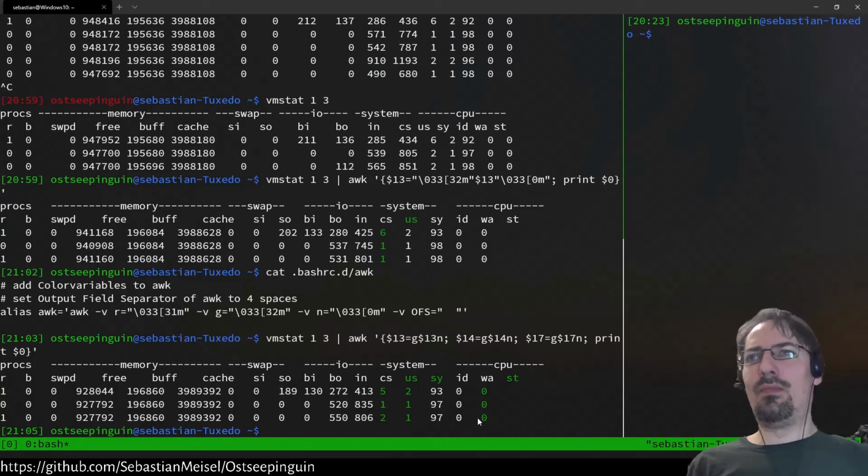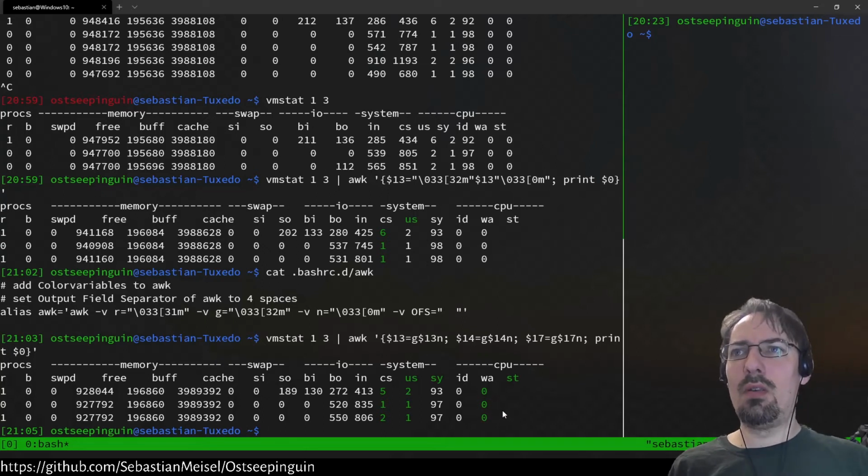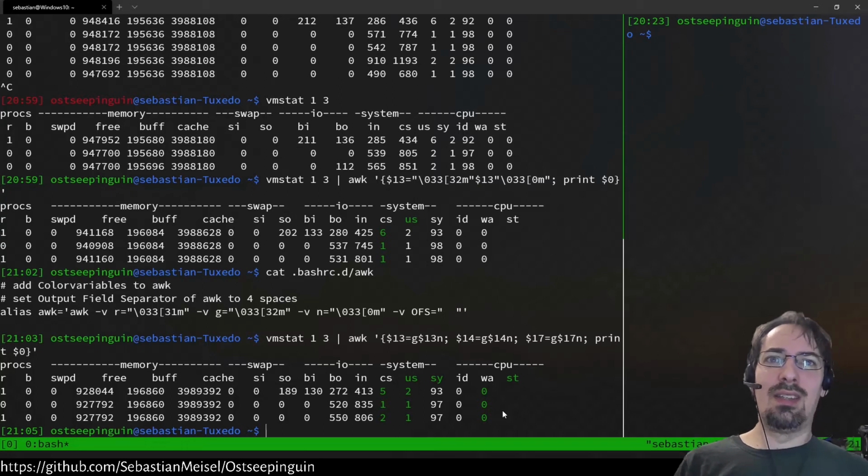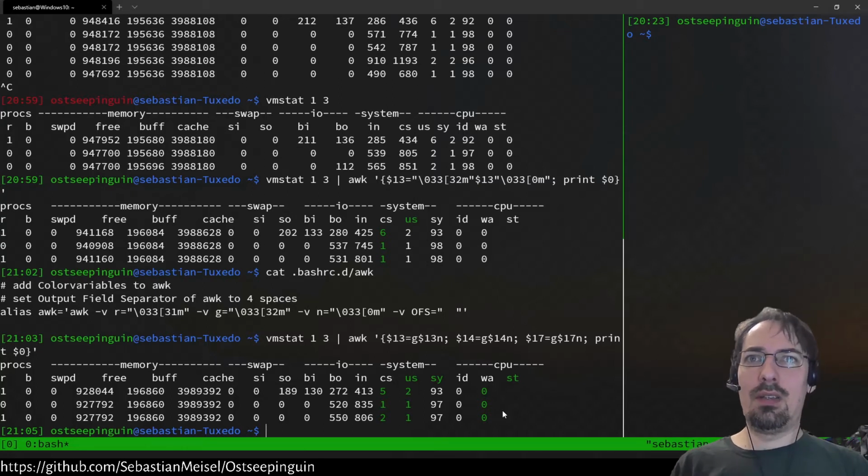So that's fine when we want to look at what's happening right now. But maybe we see that there's a problem now, and we want to know, is this just a problem at the moment, or is it a general problem, high CPU utilization over a longer time? Or we don't see any problem now, but we heard that there were problems before when we weren't logged into the machine, and we want to see what was happening there. So for that we need a tool that collects data over time,